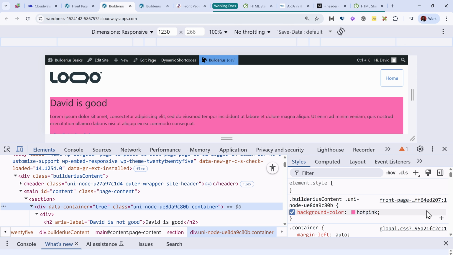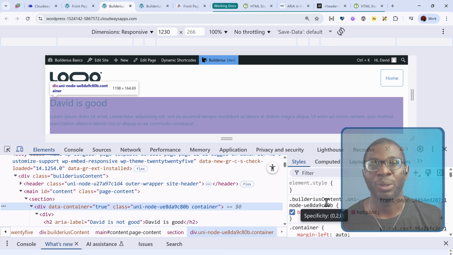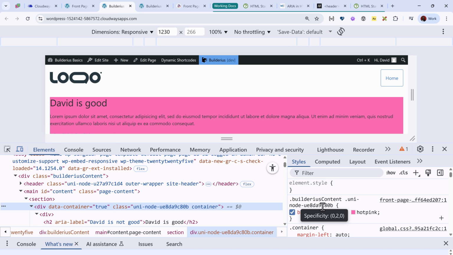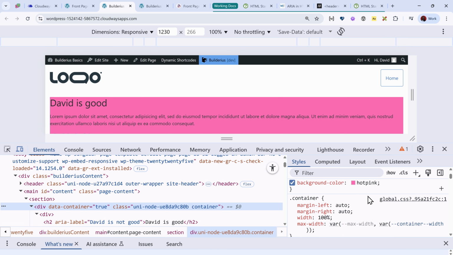First, we have the more specific CSS, which is the background color hot pink, and that is applied using a two-class specificity, because the idea is that the local styles should always override global styles. So to achieve that, they apply a two-class specificity with a randomly generated class name.